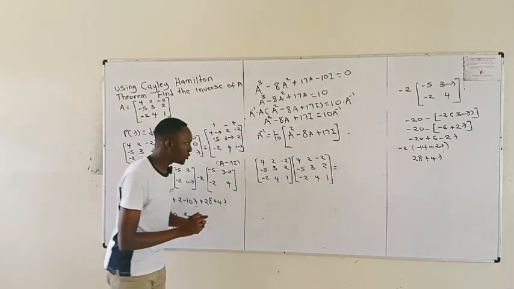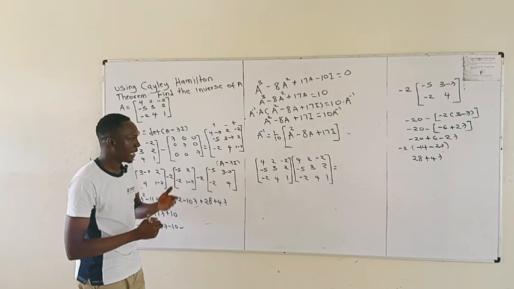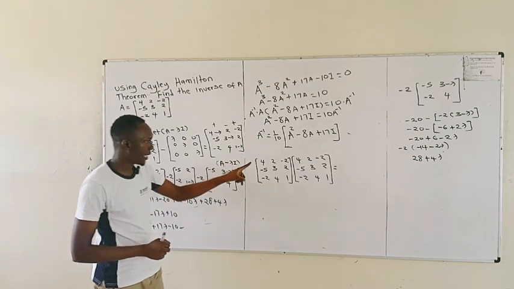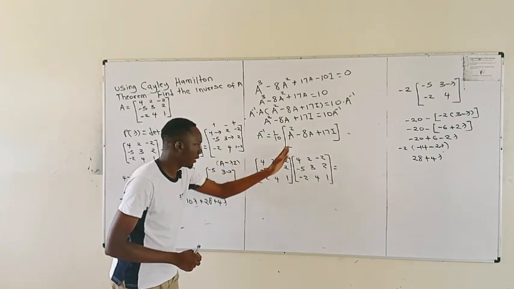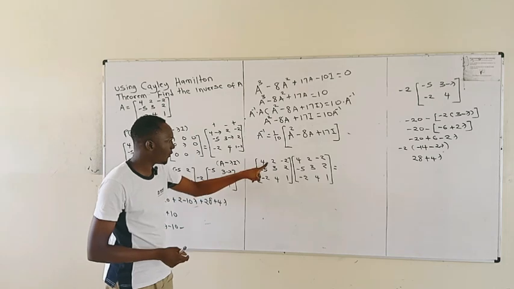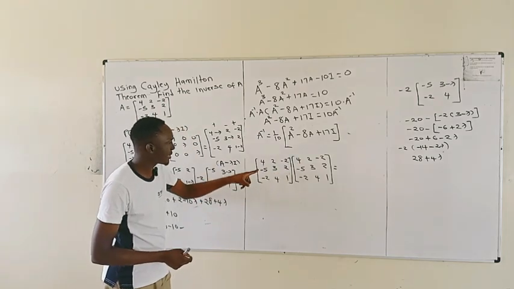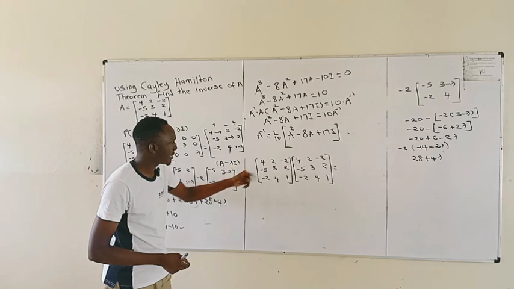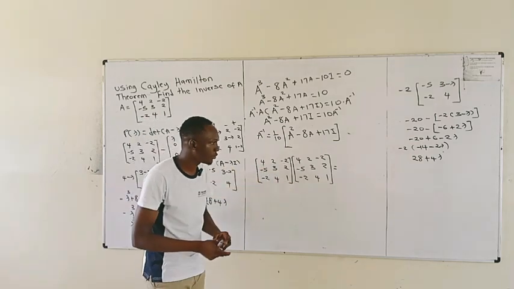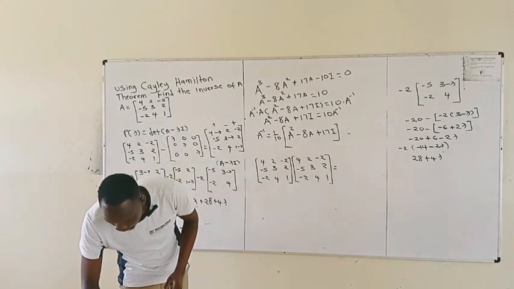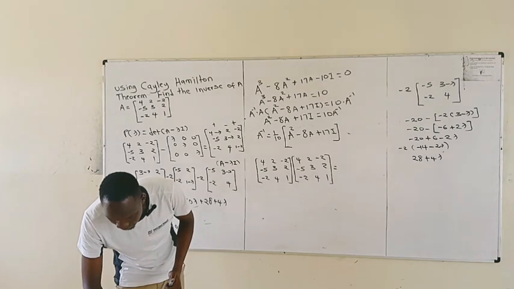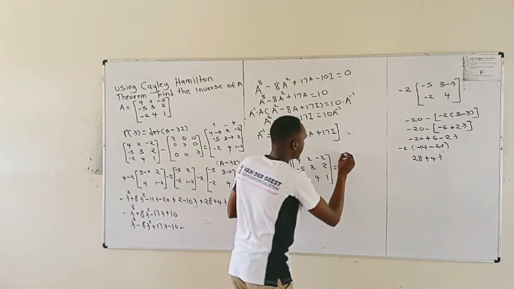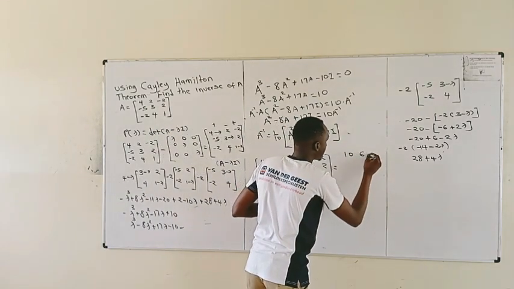Up to this point, we know how to multiply a 3 by 3 matrix. We multiply row with the column. So we have 4 times 4 plus 2 times minus 5 plus negative 2 times negative 2. When we work out all that, we'll have A squared equal to 10, 6, minus 6,